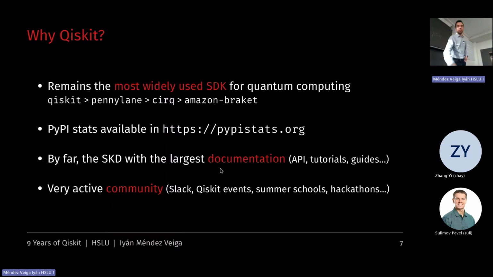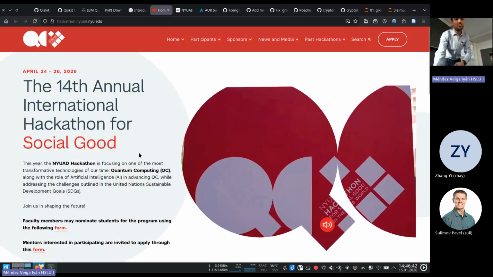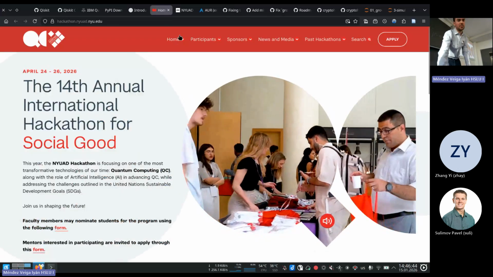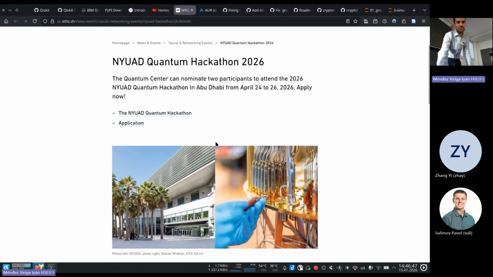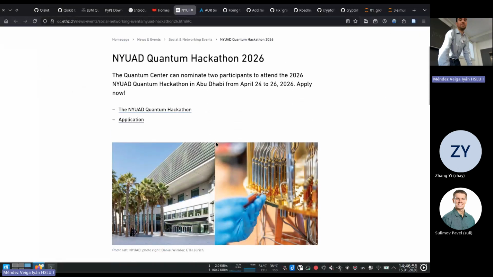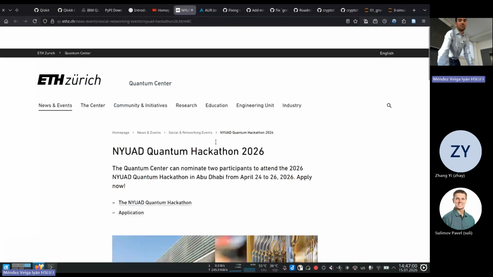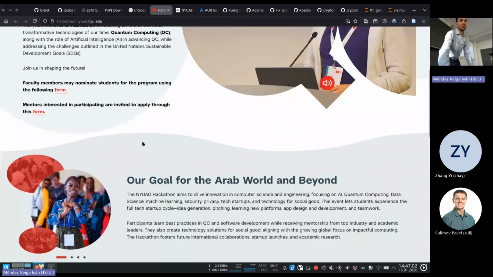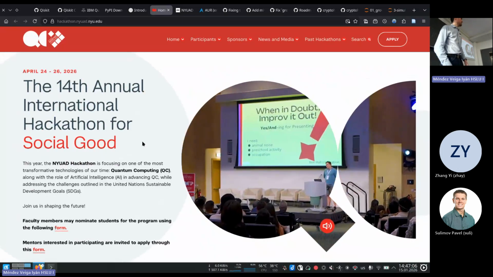At the moment, for example, ETH Zurich, they are looking for 2 students to participate in this hackathon in April. So this was announced actually last week, I saw it. So if you know students at ETH, then have a look. You have all the details here, but I think the details of the hackathon and what problem they want to solve is not public until you are there.